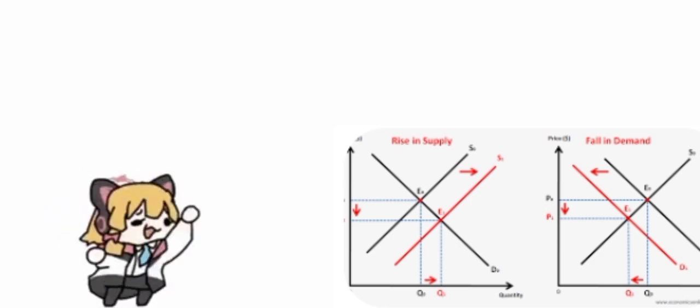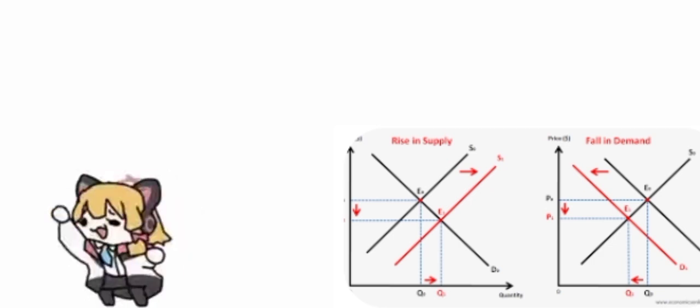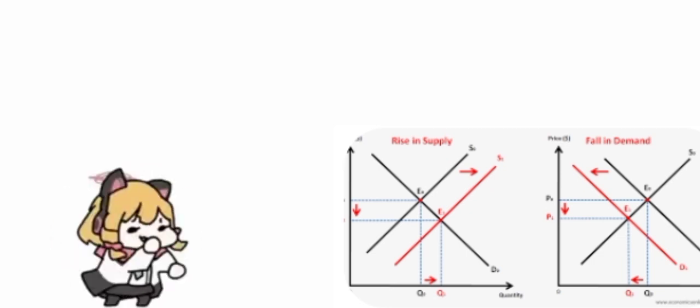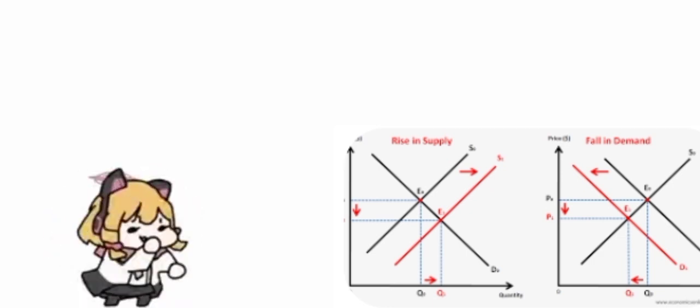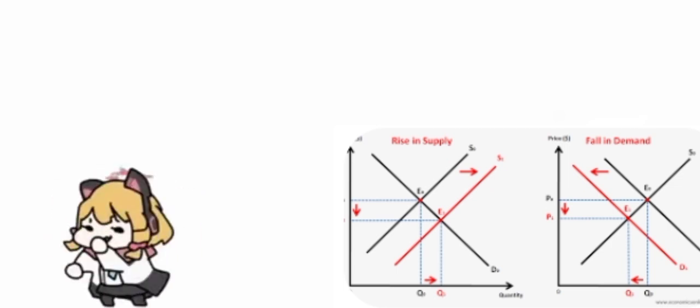When buyers and sellers come together in a market, supply and demand have a close relationship. Supply and demand create an equilibrium in the market, which is the point of balance at which the quantity demanded equals the quantity supplied. If we draw the demand and supply curves on the same plot, we can identify the point where the two intersect. This is known as the equilibrium price. At equilibrium,